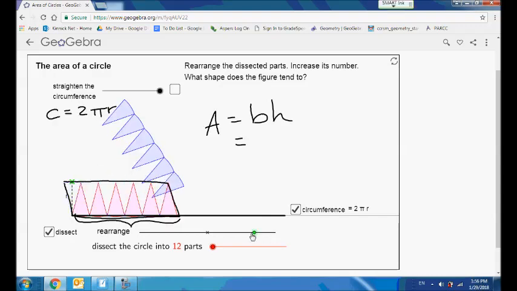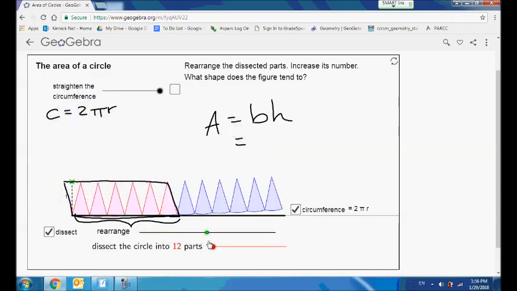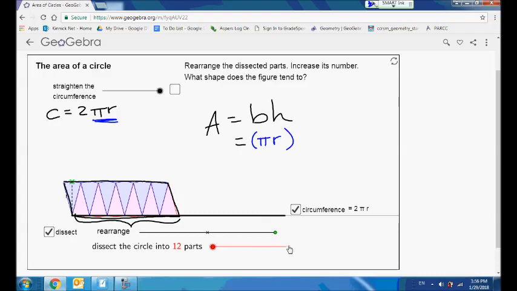So if you go back and look, just the red part is half of the circumference. Half of the circumference is just pi times the radius. And the height of this parallelogram is the exact same as the radius. And so the area is pi times the radius squared,